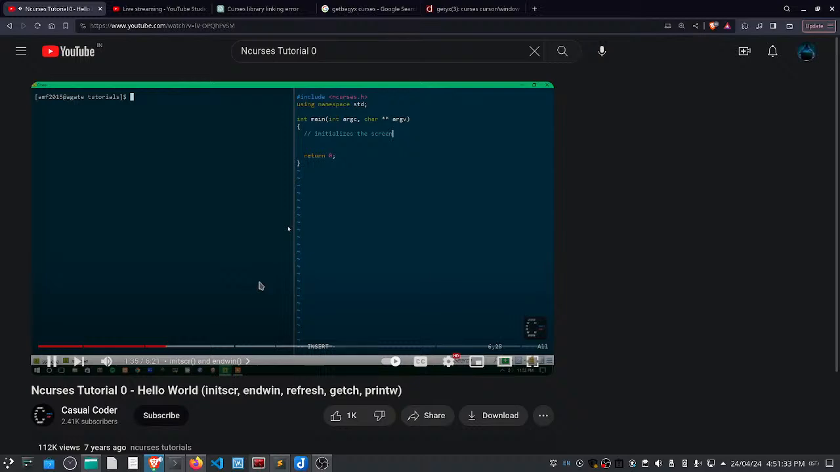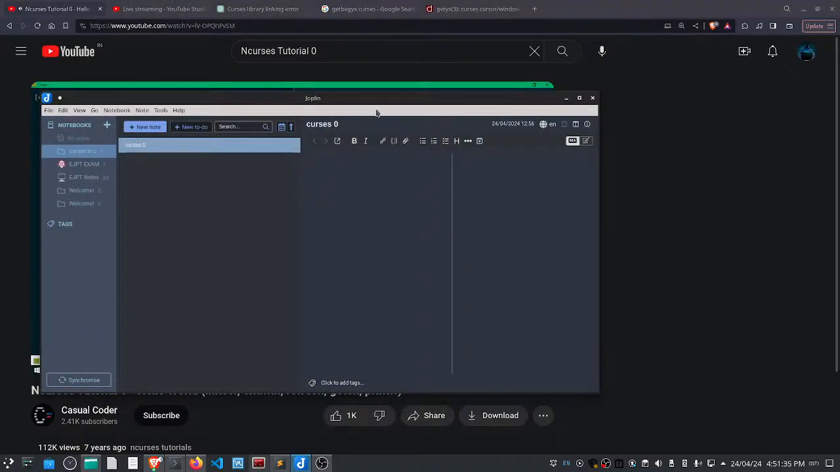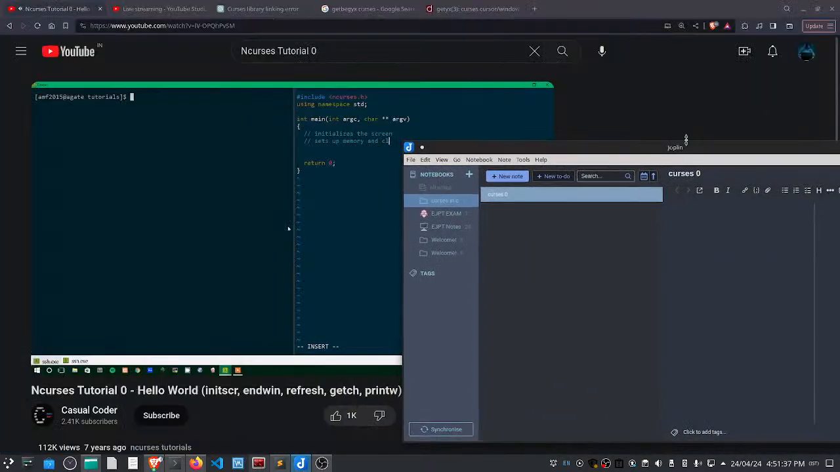I suppose. It initializes the screen, sets up memory, and clears the screen, pretty much. And that function is initscr. And then the second one we have is endwin. EndWin right there basically deallocates memory